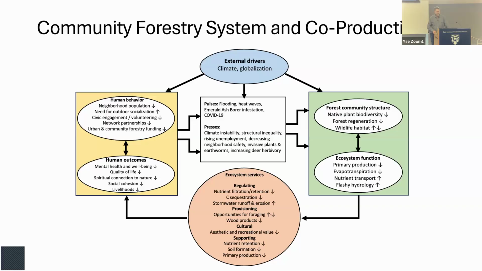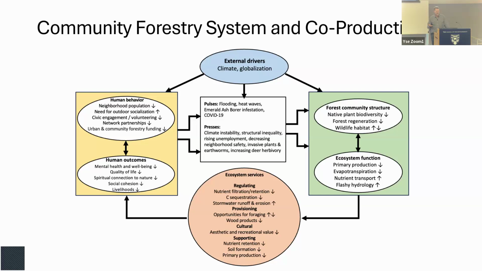So external drivers, we have climate and globalization. And some of the things that we had in terms of pulses, we had this flooding. We always are going to have heat waves. And to remember that what is anticipated is that the major cause of mortality in urban areas with time is going to be heat waves where we live. Emerald ash borer infestation, as I said, we lost all the trees. Then we had COVID-19. This project started during COVID-19. One of the things, though, was that people could actually come to the park and work and be 5 feet away from each other, right? It was one of the few times that people actually had social interaction during this time.